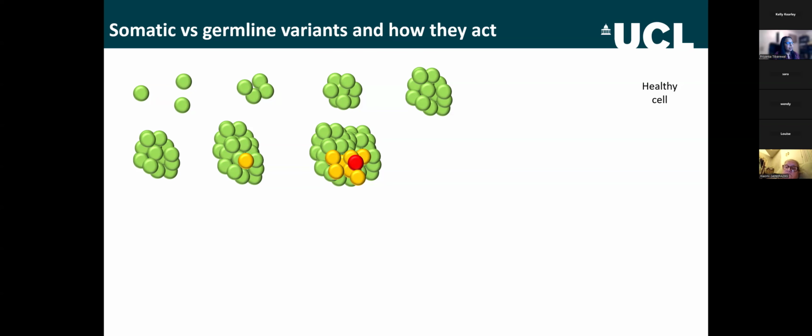Now, that error can give the cell the advantage it needs over the cells in its surroundings to divide faster and to become cancerous. When this happens, it's known as an acquired or somatic variant because it happens to a healthy cell during your lifetime. Research has shown that this event, where the first cell acquires a mutation, till when it develops into cancer, can take up to 20 years. Sometimes it can be even longer,